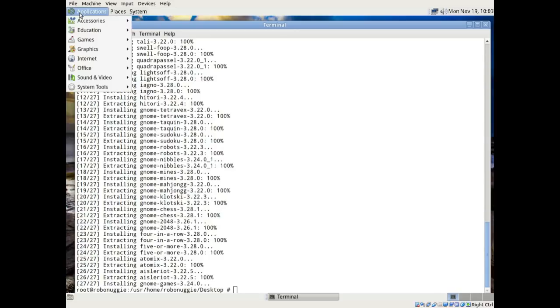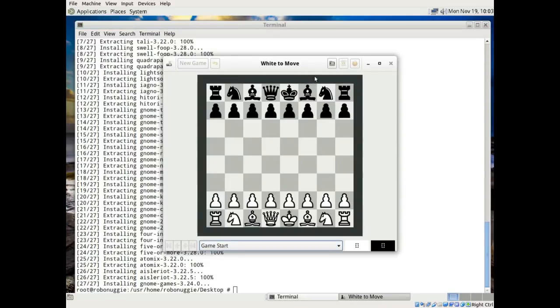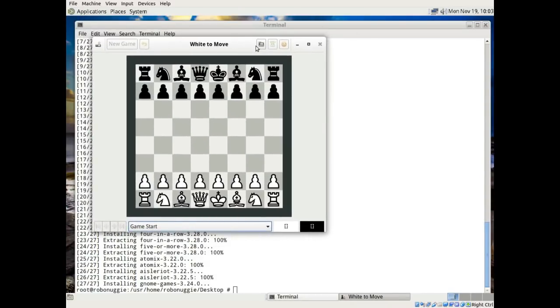And we'll go to see if it's installed. Games, yep. There we are. I prefer educational stuff, but there are some educational games in there. Hopefully, if it lets me do it. Yeah. Well, I suppose chess is. Yeah. GNOME 3